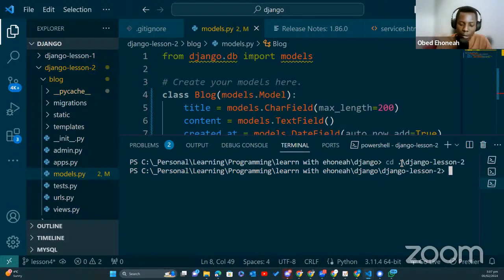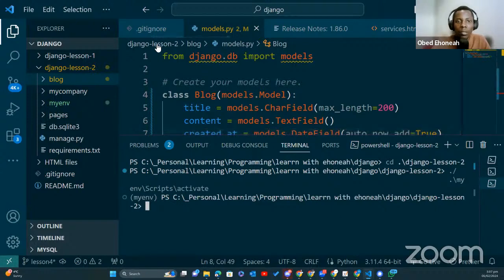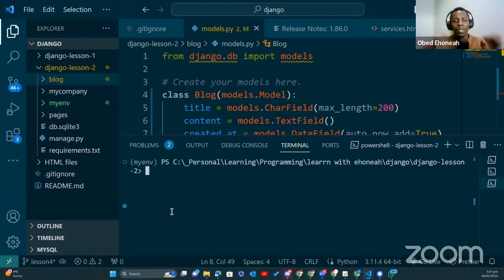Okay, then in here, since I'm in a Windows environment, what are you calling this one? My env, then Scripts, activate this. All right, so now that has been activated. Please, anytime you forget any of the commands that we need to use,